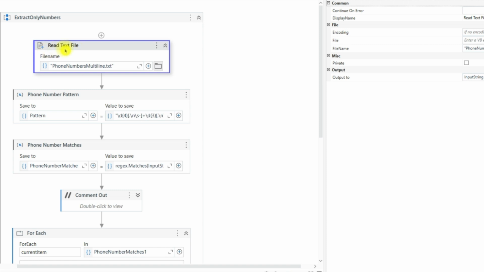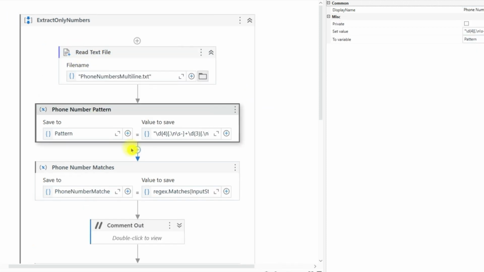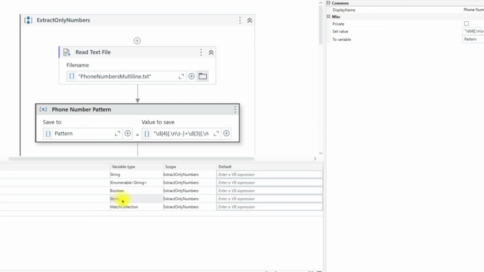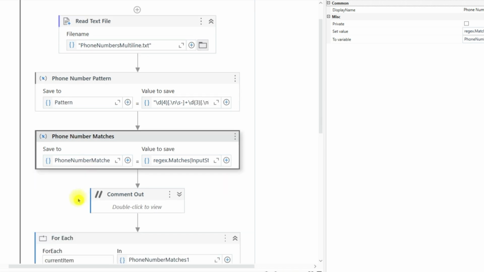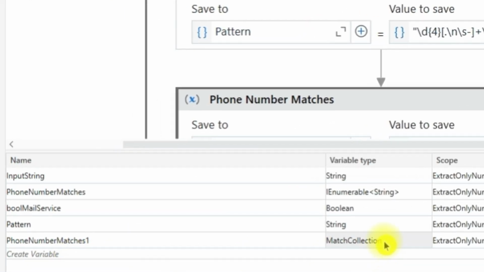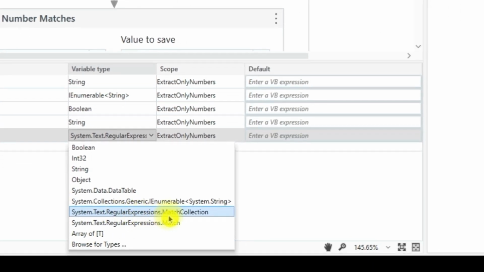input using read text file. Okay, this is step 1. Step 2, phone number pattern. This pattern is of variable type string. I just copied and pasted the pattern and assigned it to this variable. Next, phone number matches. Here this phone number matches one is of variable type match collection, that is system.text.regular expressions.match